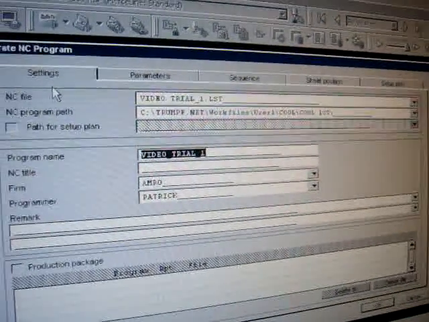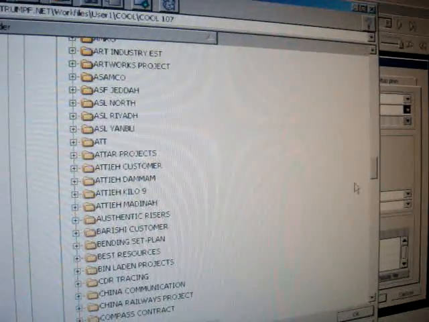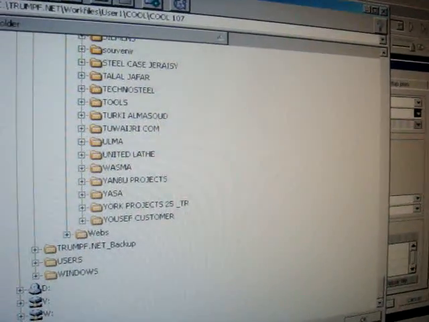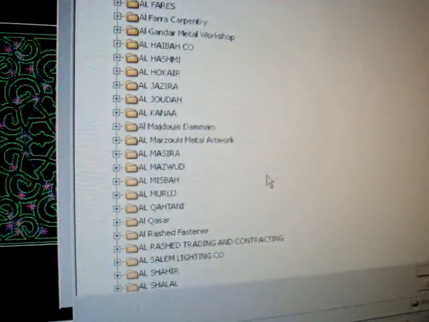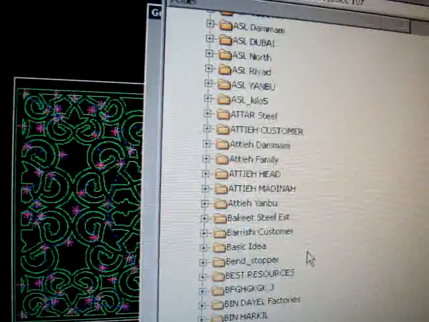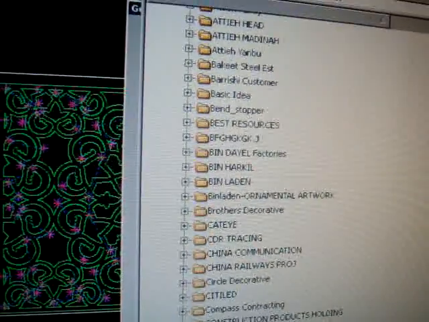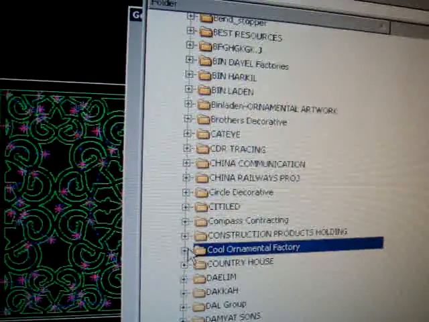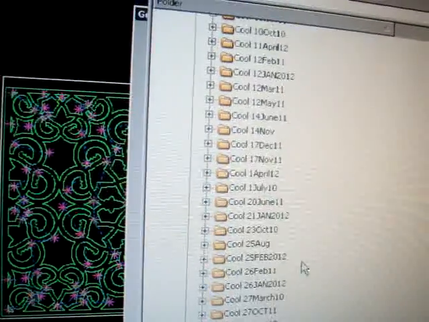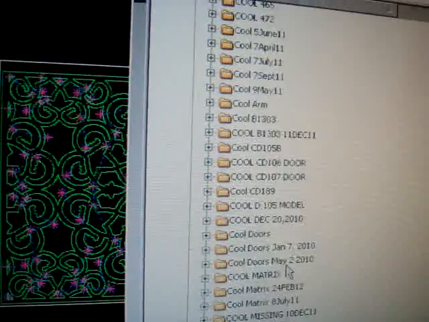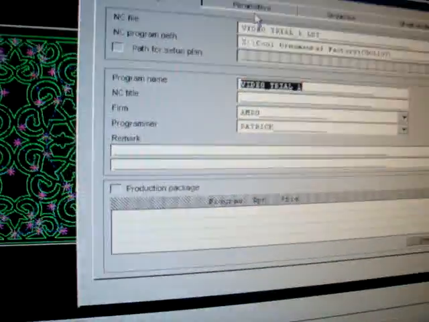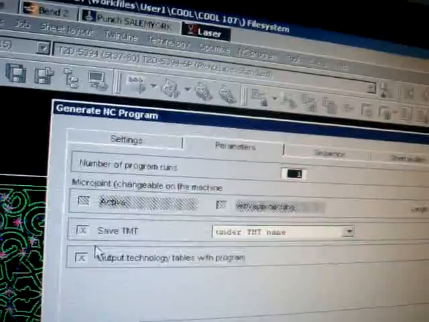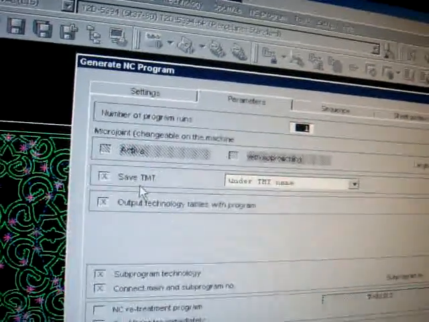The NC file, video trial. I'm going to save it in the laser machine path, which we placed in the drive Z. Okay, I'm going to call it the ornamental folder. Okay, call it 107. Then click OK. From the parameters, I'm going to check so that it automatically saves TMT, which is the